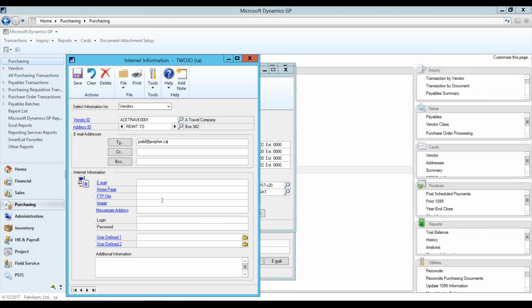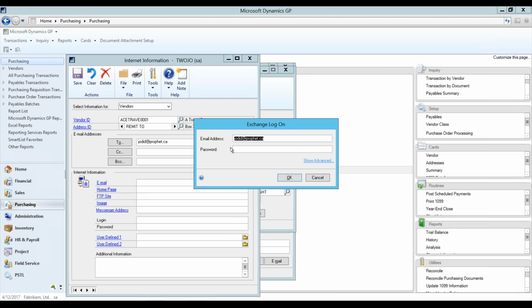The bottom half of this window where it asks for email, homepage, and all of that information, that is just for information purposes only. GP does nothing with it. If you want GP to automatically email directly out of GP to remittance, it needs to be in the top half here. So I'm going to click Save,